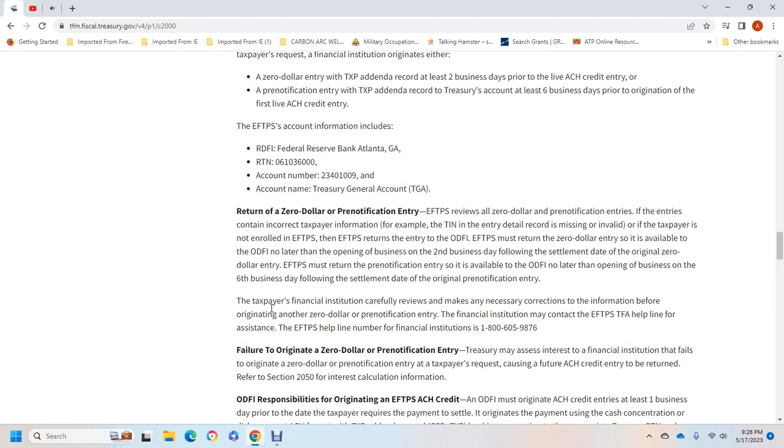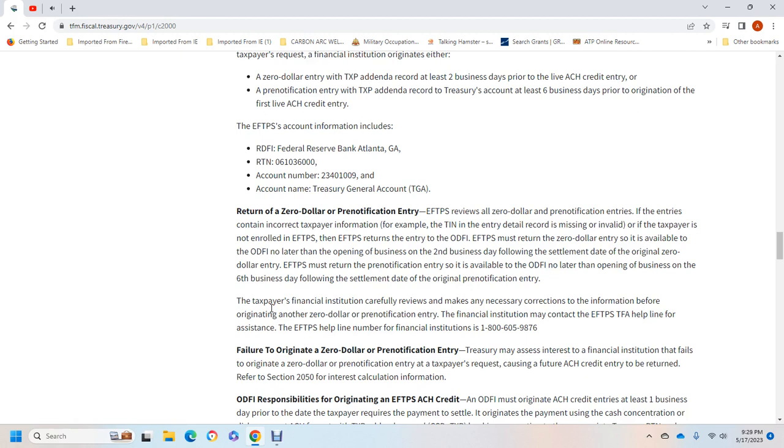A return on a $0 pre-notification entry. The electronic federal tax-paying system views all $0 pre-notification entries for incorrect taxpayer information, or if the taxpayer does not enroll in the electronic federal tax-paying system, the system returns the entry to the ODFI. The electronic federal tax-paying system must return the $0 entry to the ODFI no later than